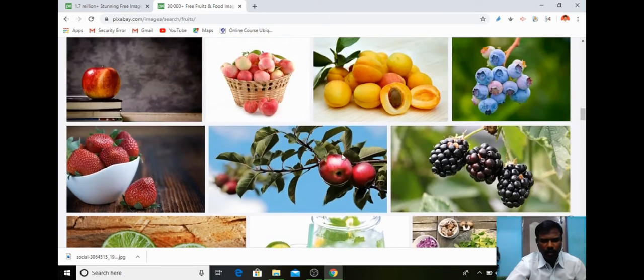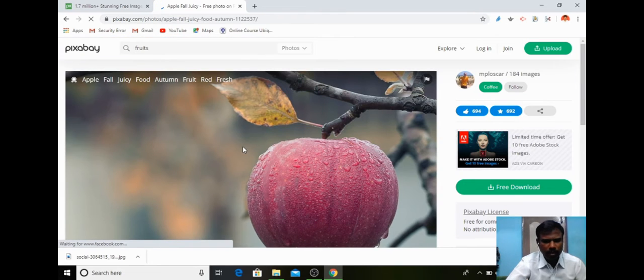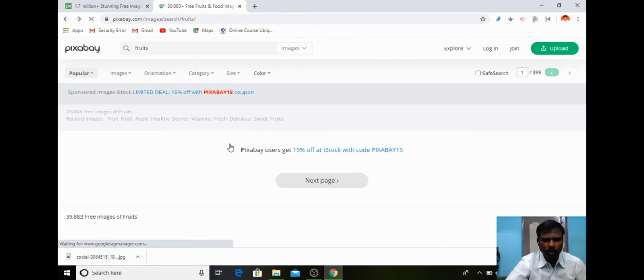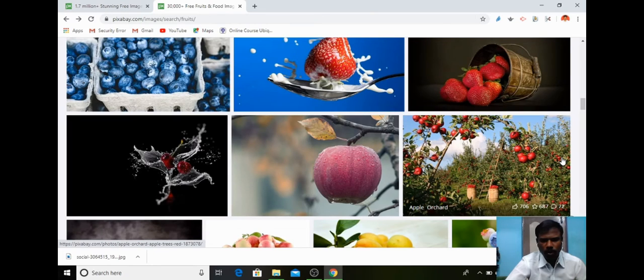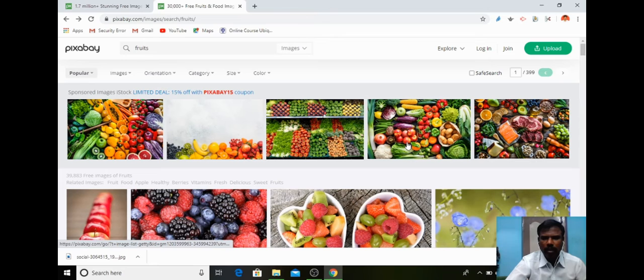So I will select this one. You can download the file by using this download button. So Pixabay is a website where you can download high quality images without subscribing.